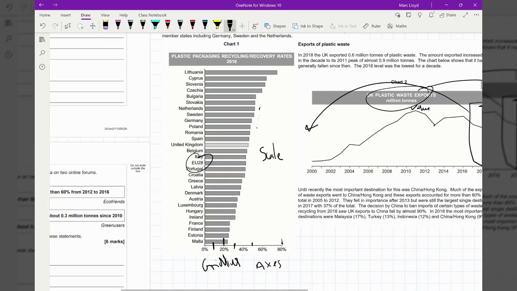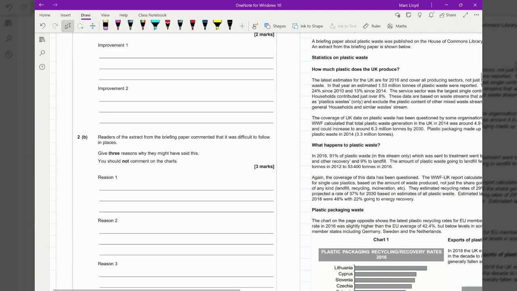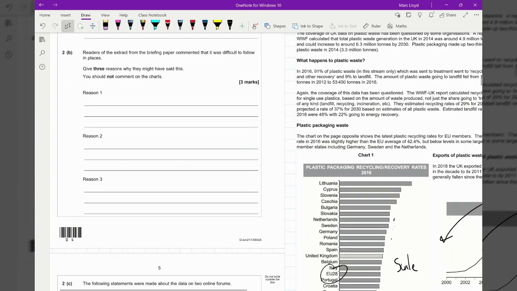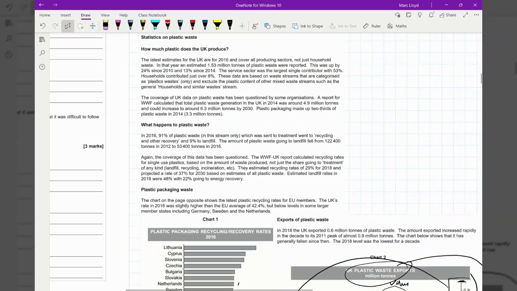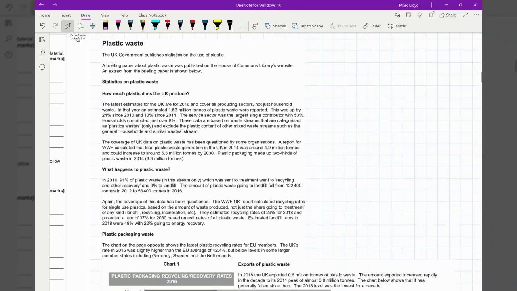Okay, question 2b. Let me scroll up. Readers of the extract from the briefing paper commented that it was difficult to follow in places. Give 3 reasons why they might have said this. So this will come from having a look at the preliminary material before you go into your exam